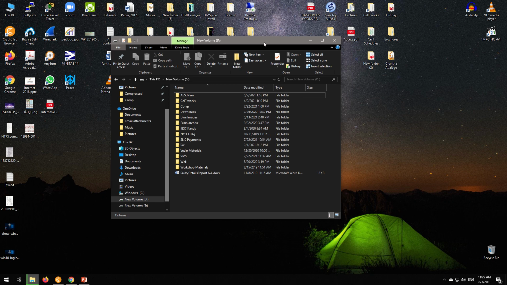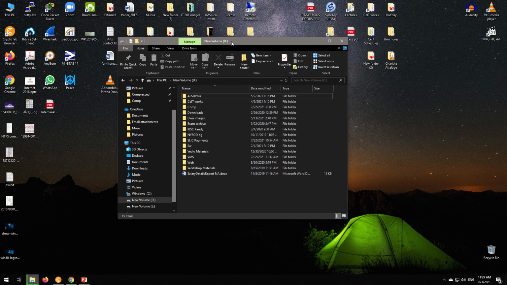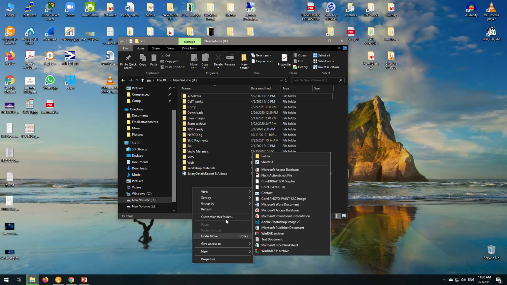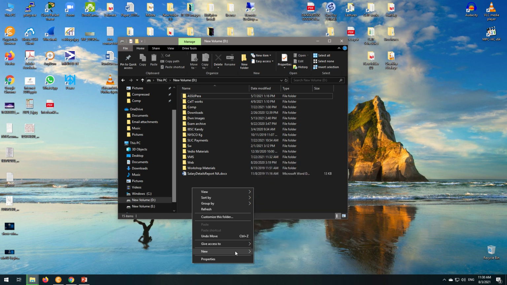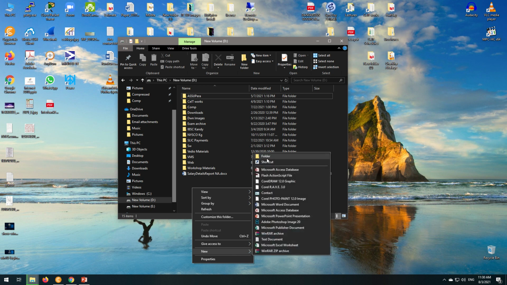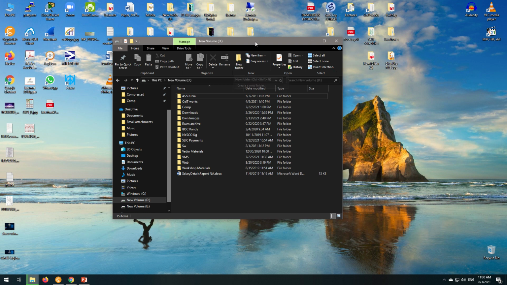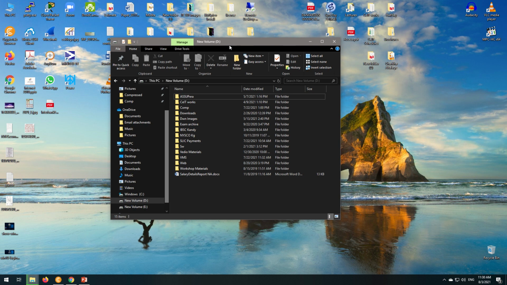Now I have opened the storage device, and inside that we can create a folder by using right click, and from that right click option you can select the folder under this New option, New folder. And also the New folder option is available in this interface, the Windows Explorer. Under this Home menu you can see New folder,